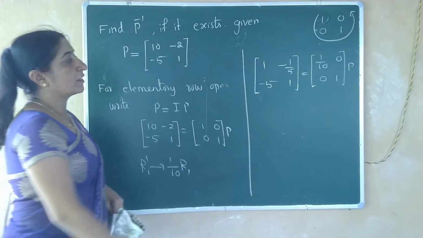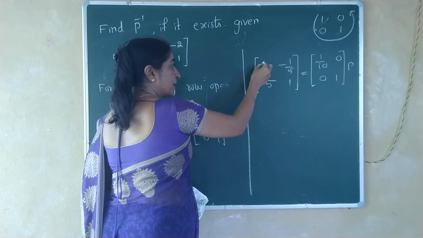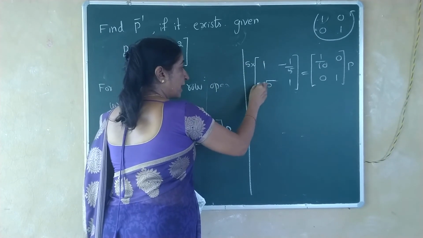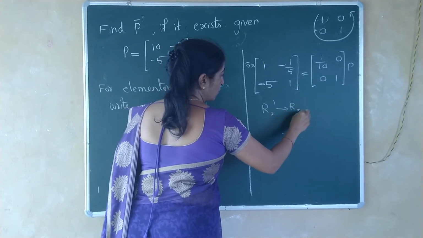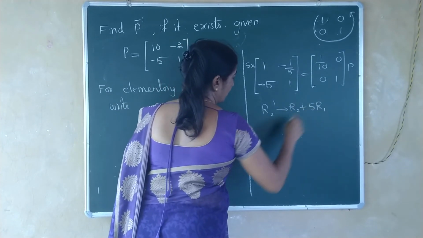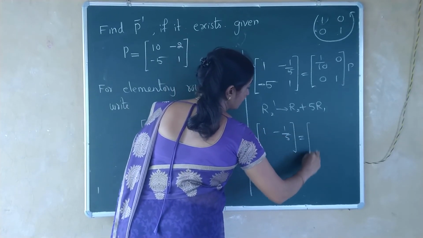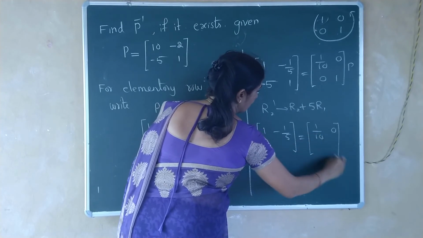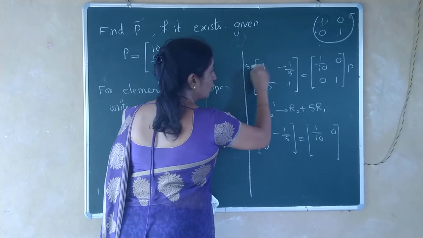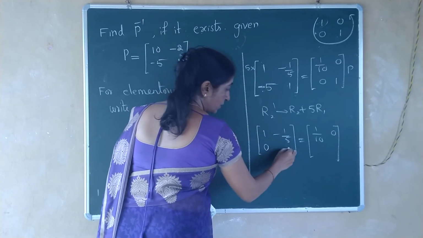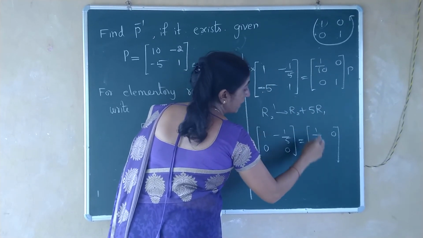Understood? So we converted 1. Then next, we have to convert minus 5 into a 0. So multiply here the same number 5. It is a minus, so just add these two. R2 dash is R2 plus 5 into R1. Keep the first row as it is. Yes, R2: minus 5 plus 5 is 0, and 1. When you multiply, what is remaining? Minus 1, this is also 0, and this is 5 into this value, that is 1 by 2, and here